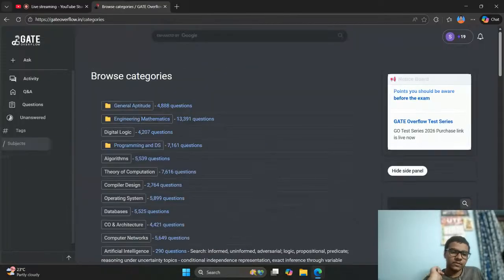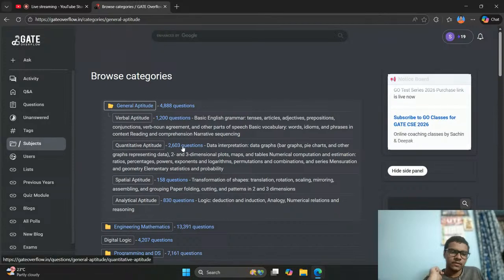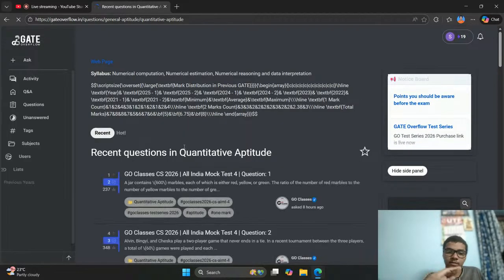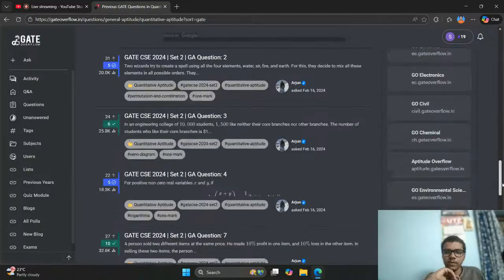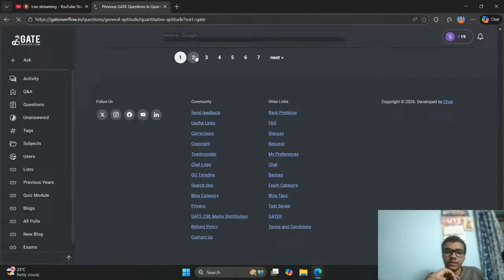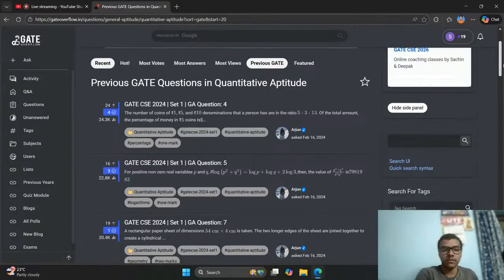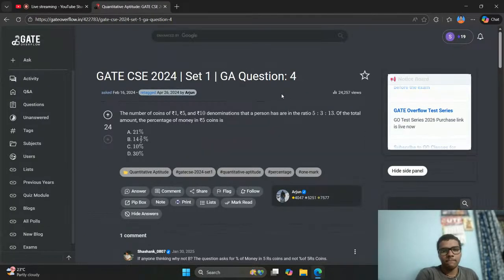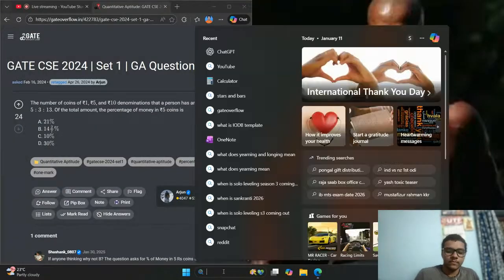So, subjects general aptitude, we are in general aptitude and quantitative aptitude. Okay, previous gate. We did 20 problems in this, and let's do 20 more. Something in linear algebra too. We should do this. One note,